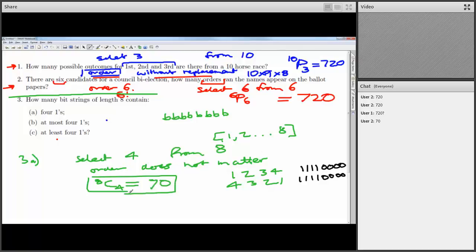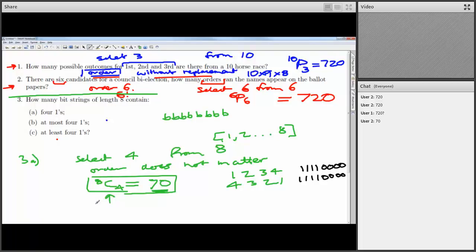Is everyone okay with the logic before you get to 70? In your assignment 2, which covers these questions among other things, you're really going to have to type in the answer, something like 70, for example. In your final exam, where someone will be hand marking rather than a computer, I will accept things like 8 choose 4, etc. That shows you understand the logic.